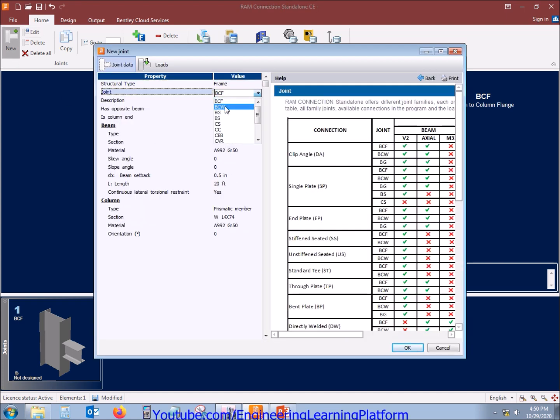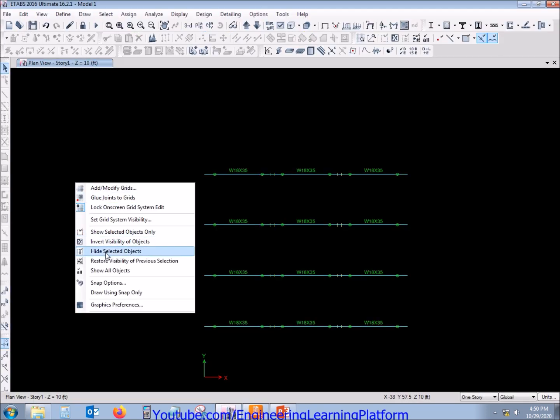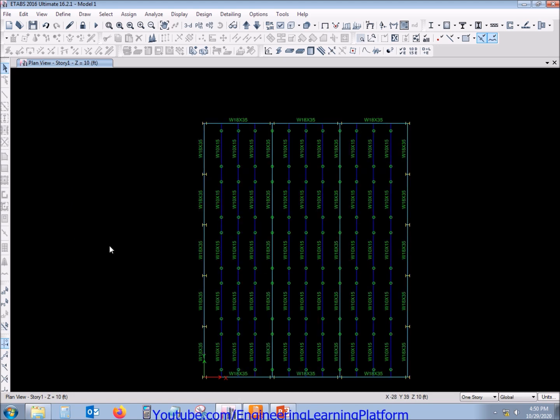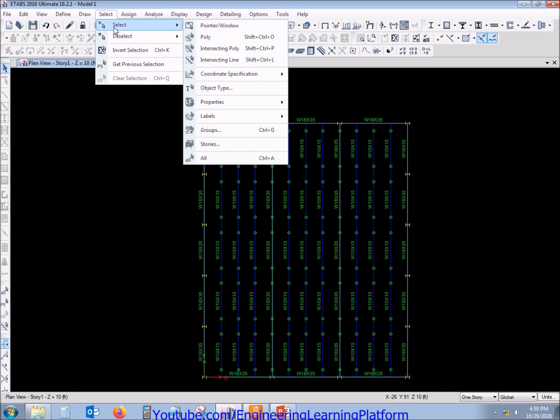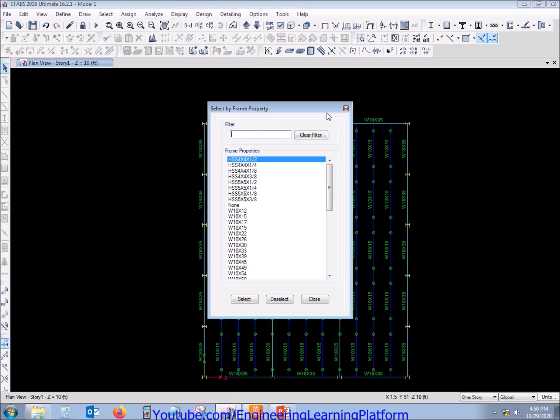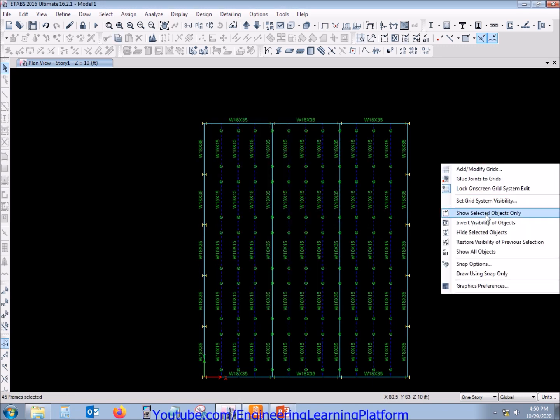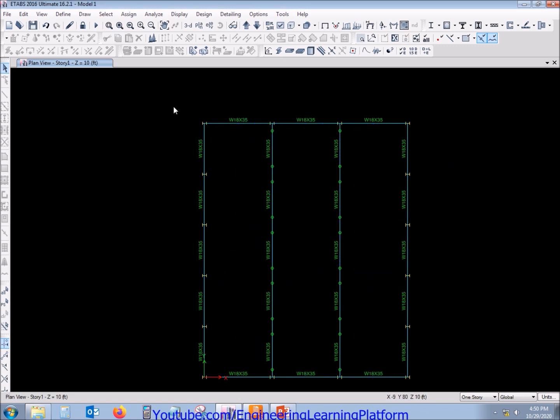Now I'll be defining the beam column web connection. The variation in beam length is present as the beam length in beam column web connection is different. First I'm going to select the purlins to turn off their visibility, as we are not interested in the beam to beam connection, which we have already designed in the first tutorial.